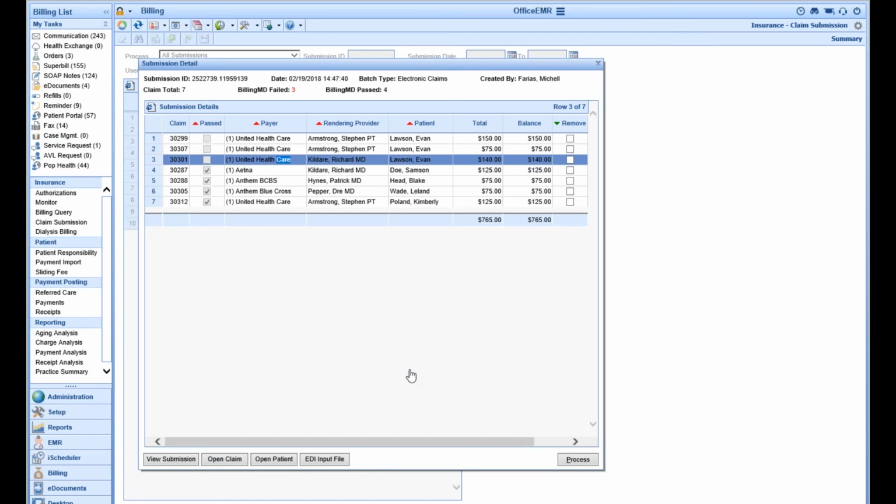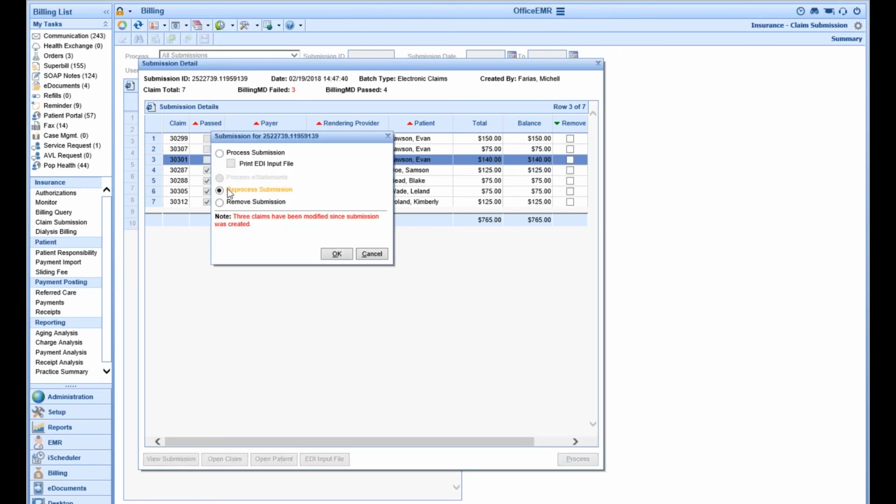Now, once the claims are corrected, it does not automatically just mark it as passed. The claim will still show as failed. In order for it to show up as passed, what you would want to do is click Process on the right lower corner. You would want to select the Reprocess Submission, which is going to revalidate your batch, and click